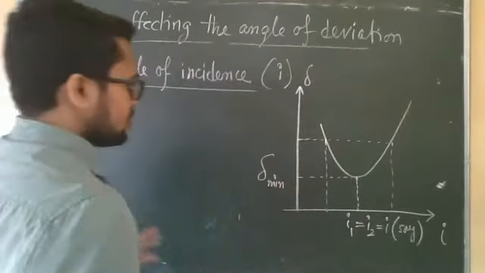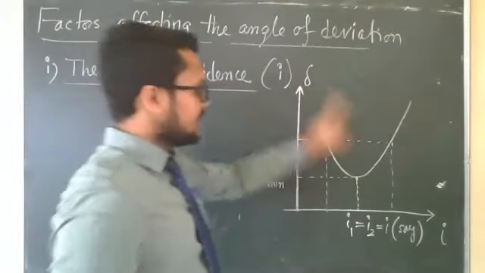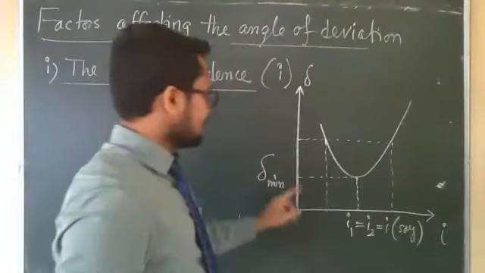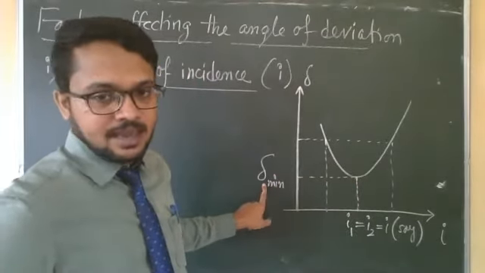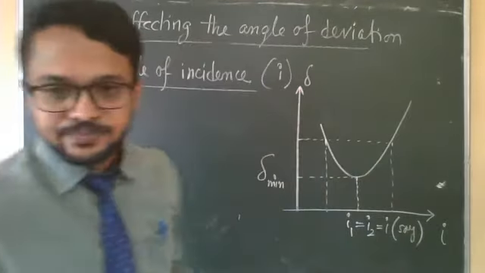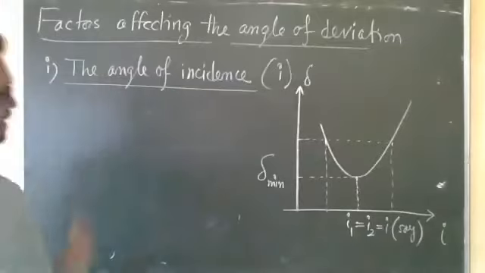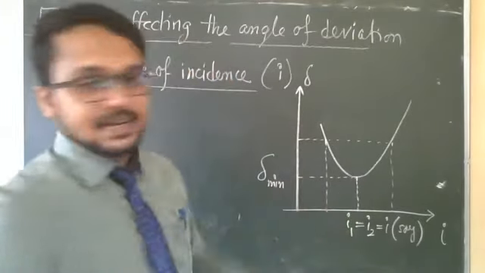Okay. So if you are asked to draw the diagram, we'll draw the diagram in this way: delta, angle of incidence, I. Then draw this graph and show which point is representing delta minimum. And at delta minimum, what will happen for I1 and I2? Suppose you get a question: write the condition from the graph for delta minimum.